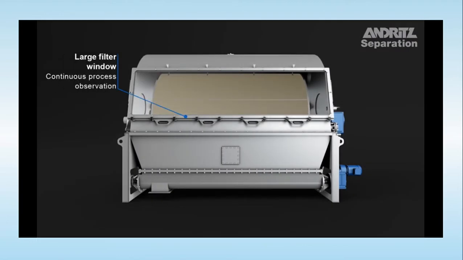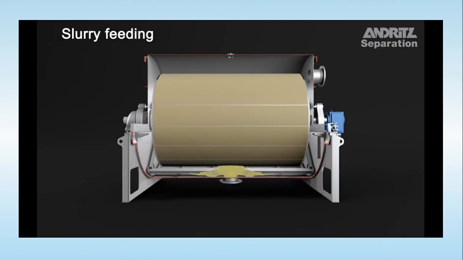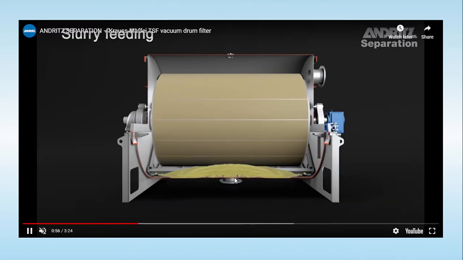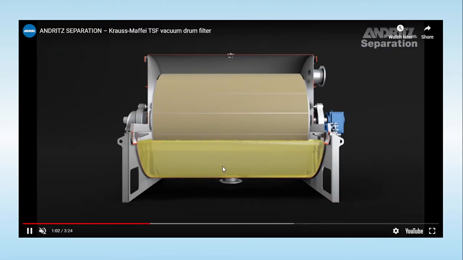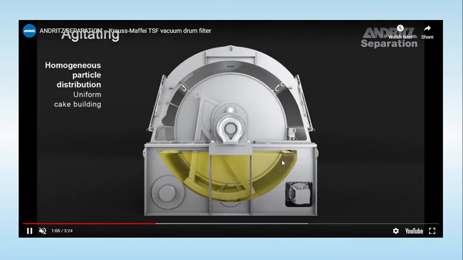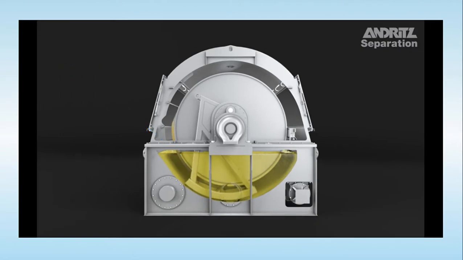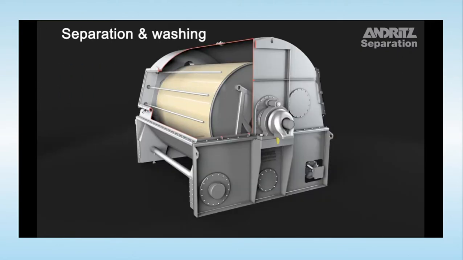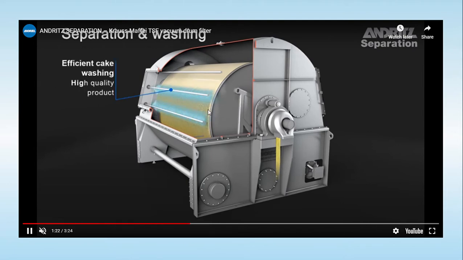So now over here, it's a larger filter video, so it is a continuous process. We can make this filtration continuous. Here the slurry is going to be introduced. The slurry is fed from the bottom, and it is kept in the form of a tub. So you can see this is the slurry, and only a certain portion of the drum is going to be dipped inside this one. So homogeneous particle distribution is going to take place, and after that the particles are going to be stuck. The liquid present in the slurry is going to come out from over here, while the solids, shown over here, are going to be deposited on that filter medium as the drum rotates.